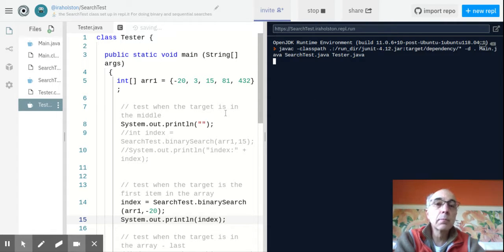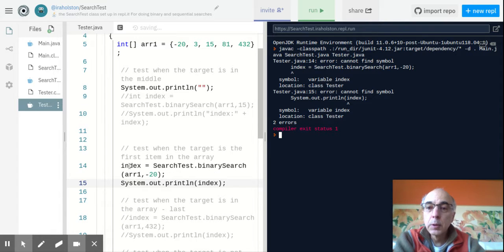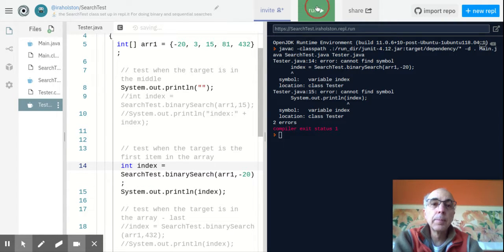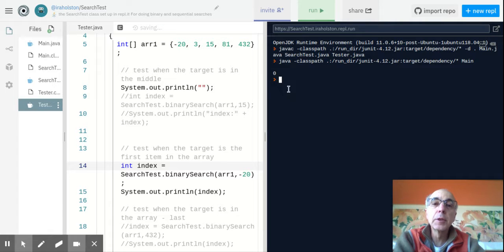at some point. Lots of folks using the internet, huh? Or we could find an error. So line 15. Cannot find symbol index because it didn't give a data type. Make it an int. Drum roll. And it does return 0 here. I forgot to put a nice little string on it to tell us, but it did,